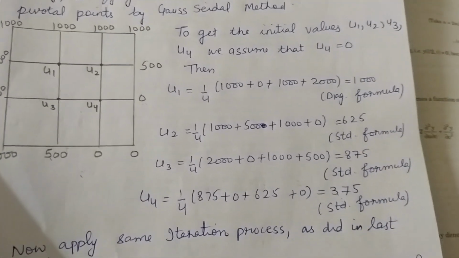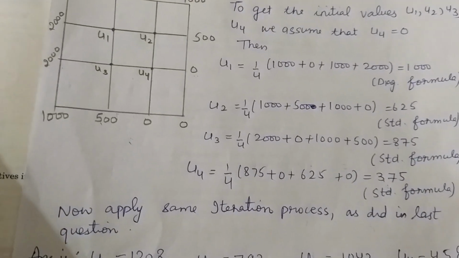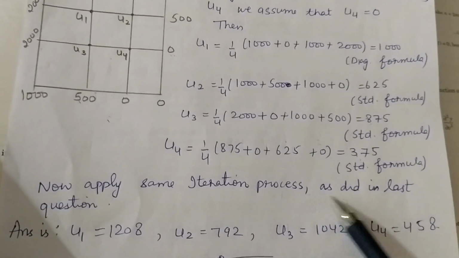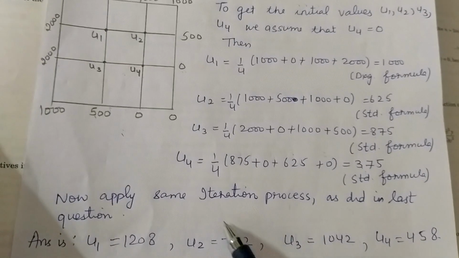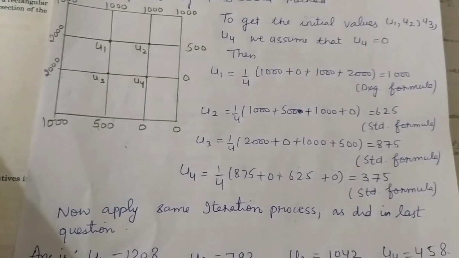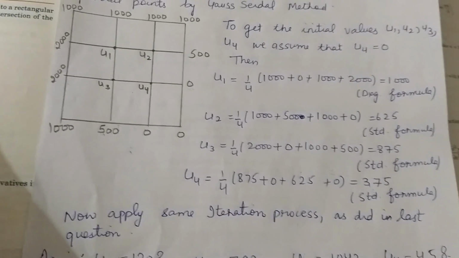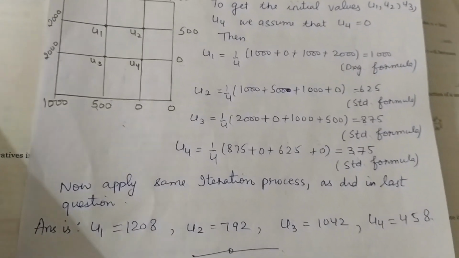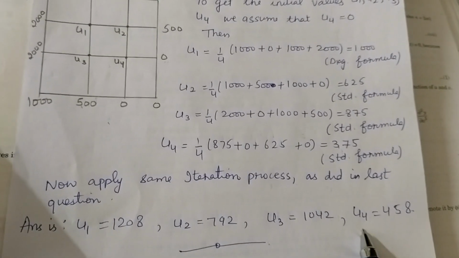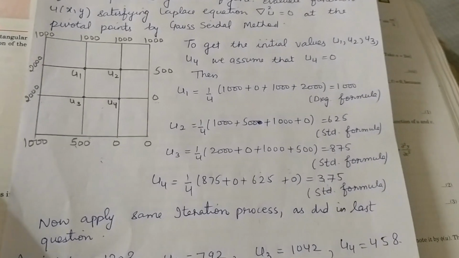This is done. Now what you have to do, again you have to apply your iteration procedure as you did in your last question. You can apply either your Gauss-Seidel method or Jacobi method, and then you will get all the values for u1, u2, u3 and u4. Do solve this question, do complete it. If there is any